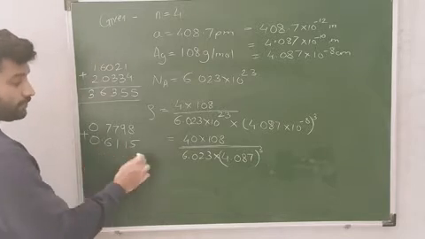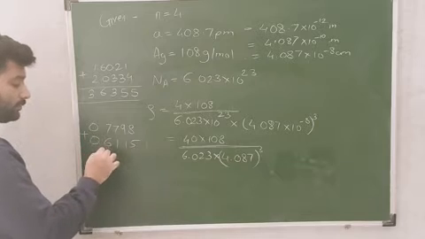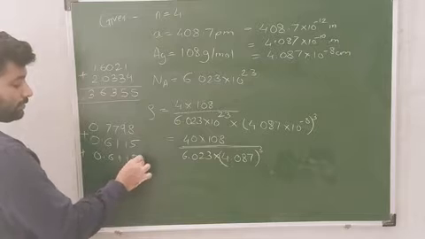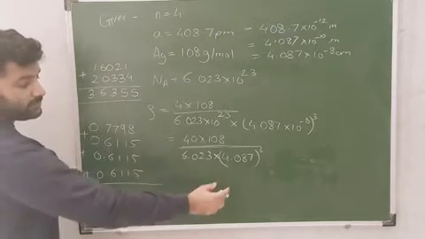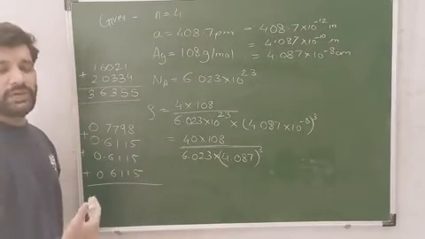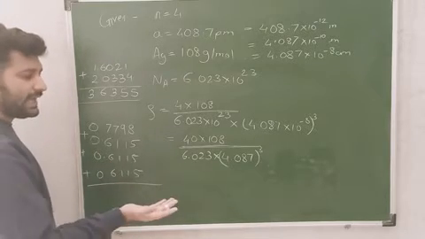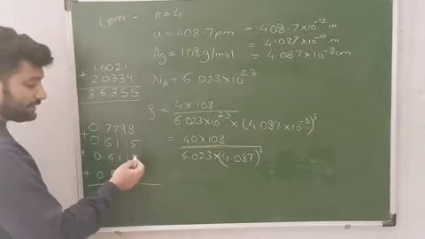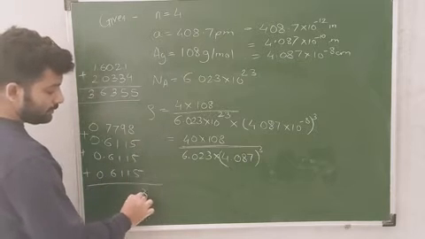6115. Now you can either multiply 3 to the whole term, or simply you can just add the same log 3 times. Why? Because we are having cube, so I have written the log value 3 times. If it is square, I will write 2 times. If it is raised to 4, I will write 4 times. Or I can easily multiply it by 3. It is up to you. Now we can add these terms.